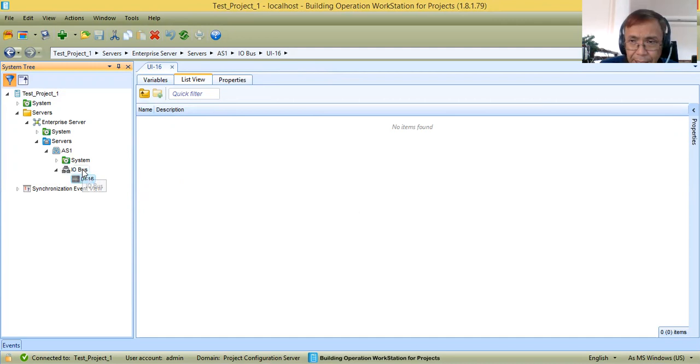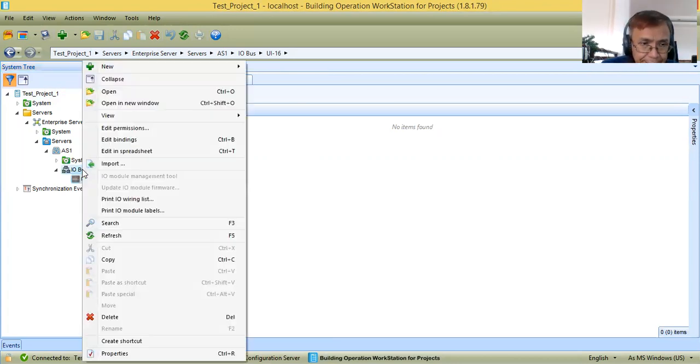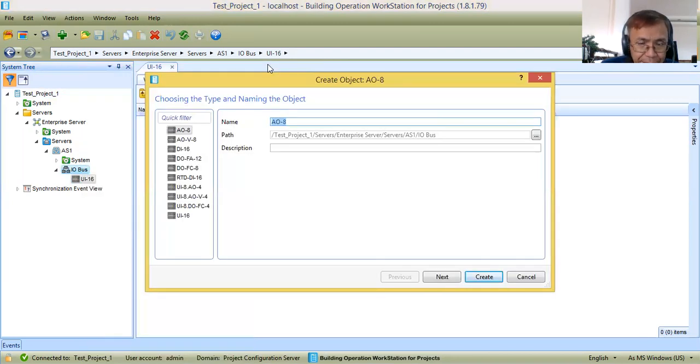Now, again, I will be needing digital outputs. Digital outputs will be the ones to issue or give the command to start and stop the twin exhaust fan. So I need to add an IO module. What IO module do I have to add? I will add this digital output, and select digital output FC8.